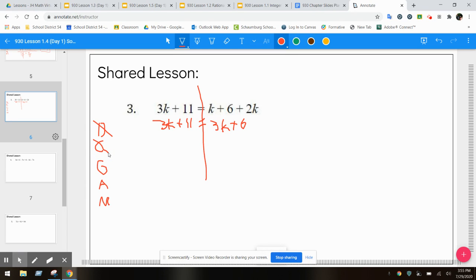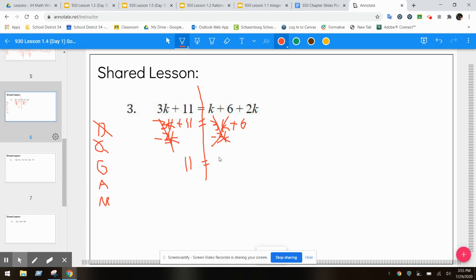Now I have to get the variable on one side. So what does that mean? Again, I'm going to pick on the little guy. But in this case, they're both the same. So I'm going to just subtract 3k from both sides. Again, I got to subtract because I got to make sure they cancel each other out. So the k's cancel here, the k's cancel here, and I'm left with 11